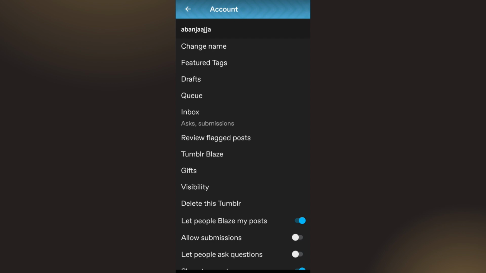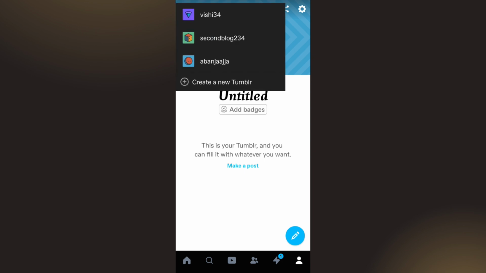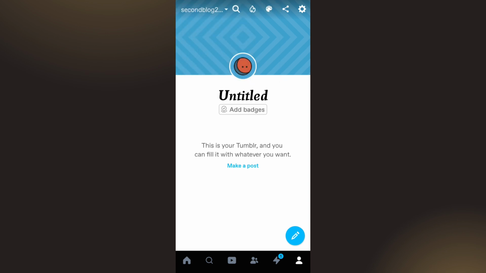So basically, once you tap on your profile icon in the bottom right hand corner, if you tap on the top left hand corner of the screen, you will see all of the pages or all of your Tumblr profiles that you have created within Tumblr. So basically you will be able to deactivate or delete one of your pages, and you can even delete your main account. So you need to first of all select that page which you want to deactivate,